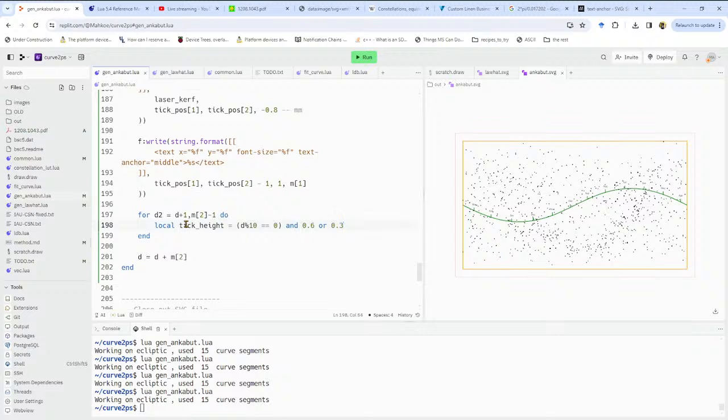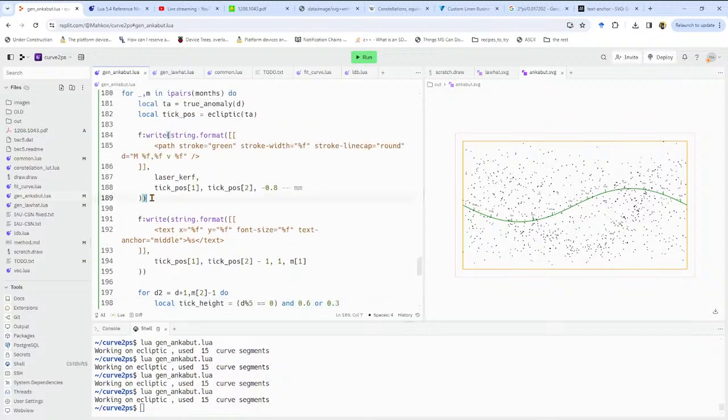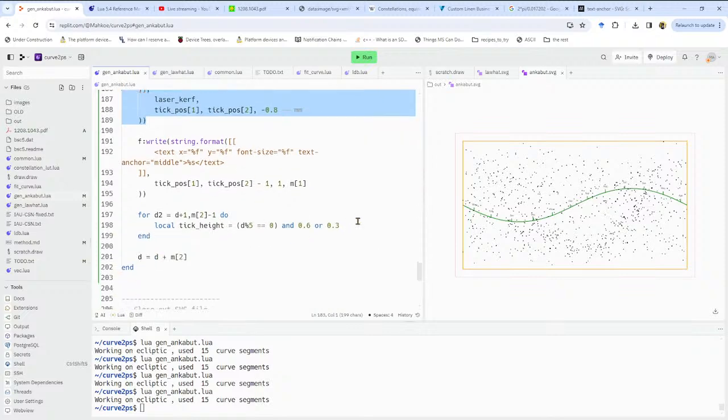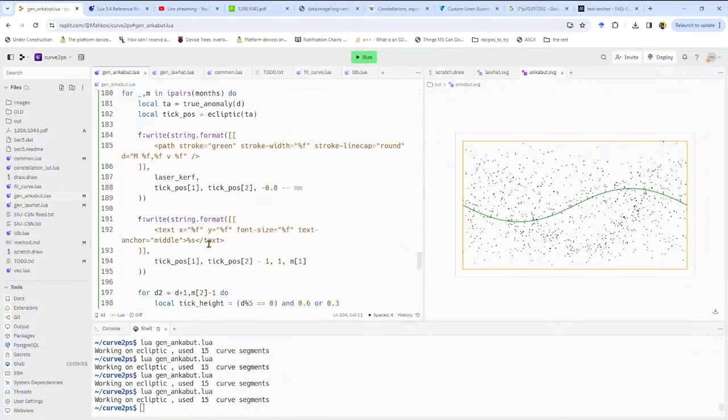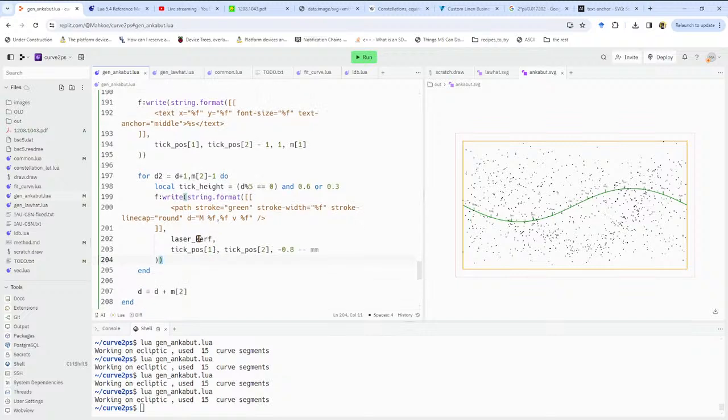Yeah, you know. Or we could do D mod 5. And then we'll do bam, bam. And here we'll do minus height. And we can even do if at D2 mod 10 is 0, then